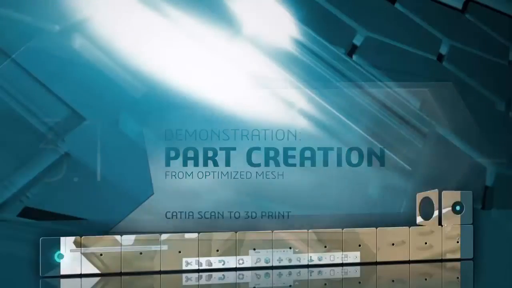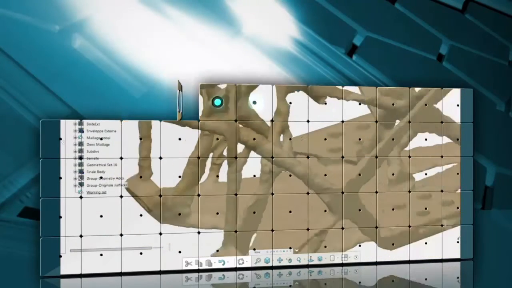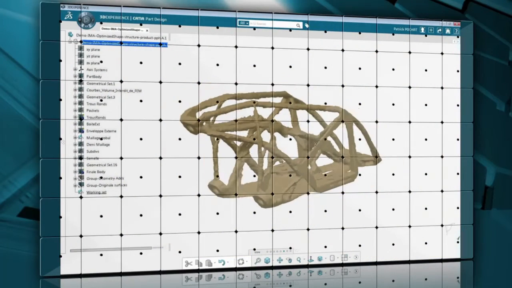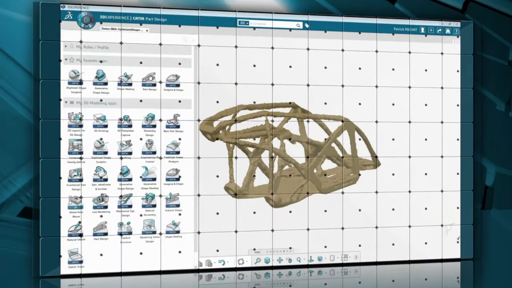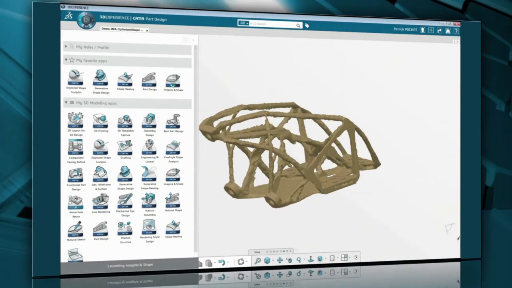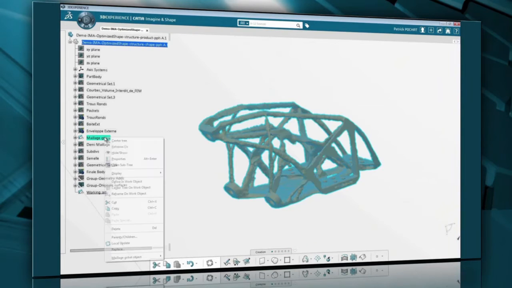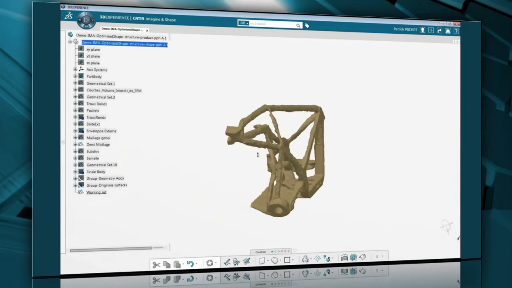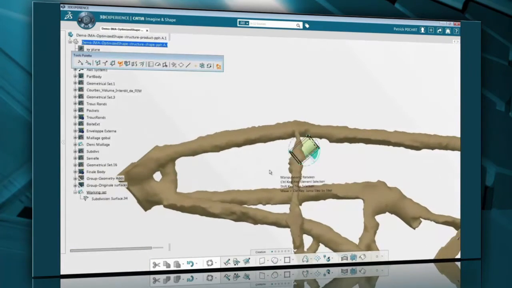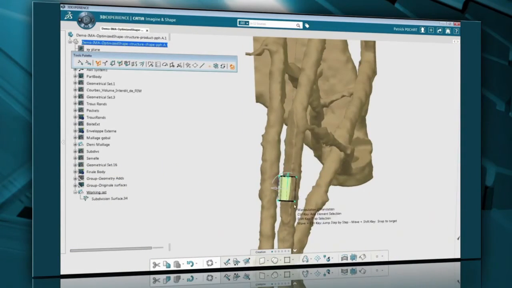In this demo, you'll see how we can quickly create an actual part based on a part-optimized mesh from Tosca. Using CATIA Imagine and Shape, we can use this geometry as a template or reference. Since it's symmetrical, we only need to recreate half. We'll start with a basic cylinder that approximates the diameter of one of the branches and quickly position it in